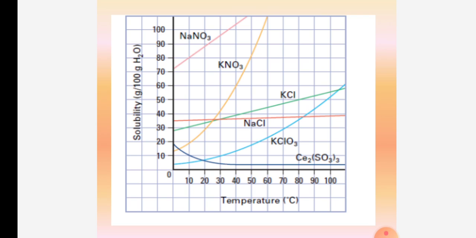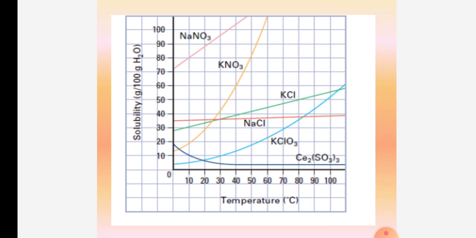What does it show? Okay, let us take a straight line which is between 30 and 40 degrees. You can see a straight line of NaCl. Can you see there? Yes, you can note down in the graph. Okay, it is a straight line. That means what? When the temperature is increased from 0 to 100 degrees Celsius, the sodium chloride remains as a straight line. That means the solubility of sodium chloride doesn't vary at all. The solubility of sodium chloride does not vary.